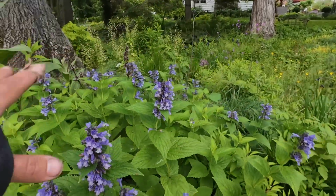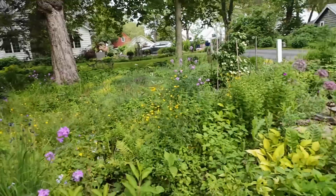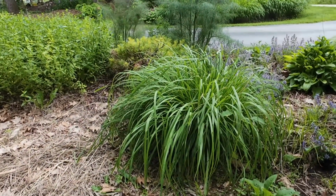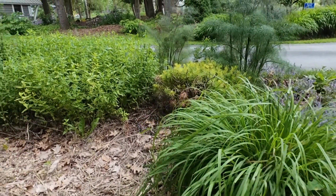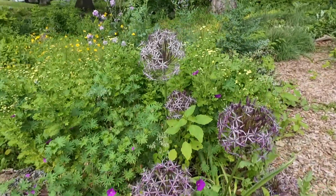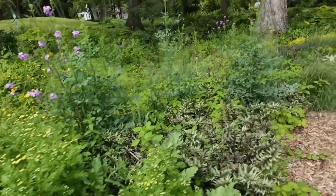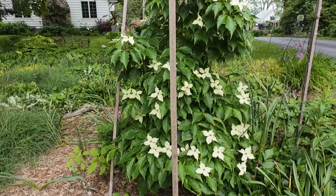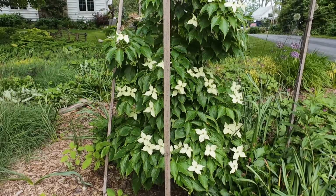More Nepeta Blue Prelude. This is Millennia Transparent, which will put up beautiful wispy flowers. Some pretty geraniums over here. Feverfew kind of going a little crazy, but here's the beautiful big apple dogwood, which is now grown through the